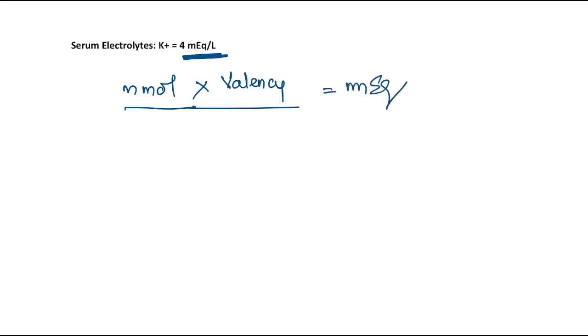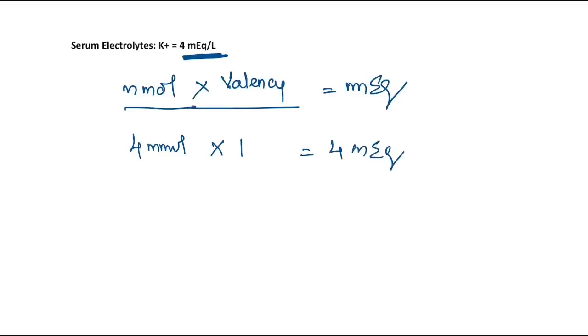So the next unit we are going to discuss is the milliequivalent. Milliequivalent is used whenever there is an ionized particle which is going to take part in a reaction, and we want to know how much is the amount of electrons which it can donate or accept. To understand that, we have to convert from millimole; we multiply the moles with the valency of the particular ion to get the milliequivalents. So here it is potassium. If it is 4 millimoles of potassium, then the valency of potassium is 1, so we get 4 milliequivalents of potassium.